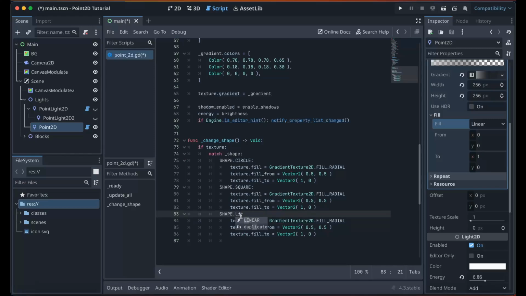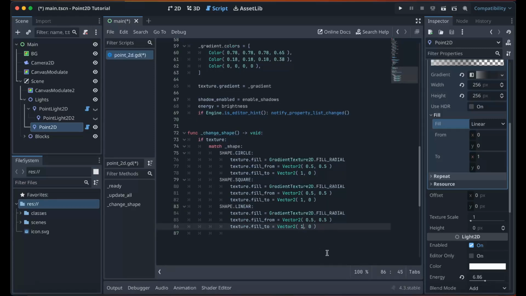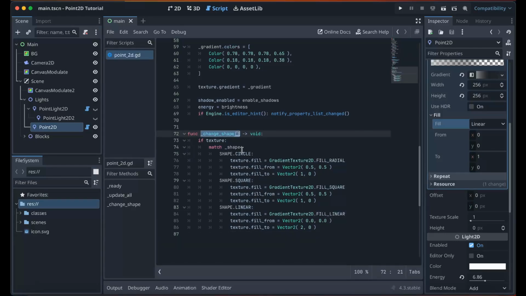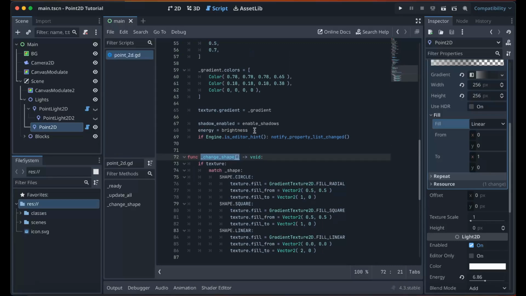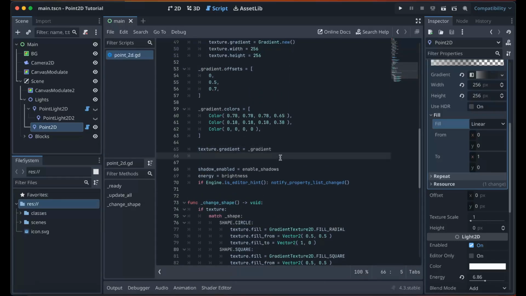square and linear. And I find for the linear, 2 to 0 seems to work. And we want that to start at 0 and 0. For the square, it's the same thing, except we also want the fill radial to be square. Also, this needs to be linear. And now that we have our change shape function, we're going to copy that, and then we're going to paste